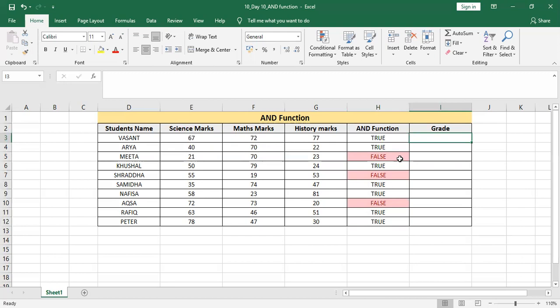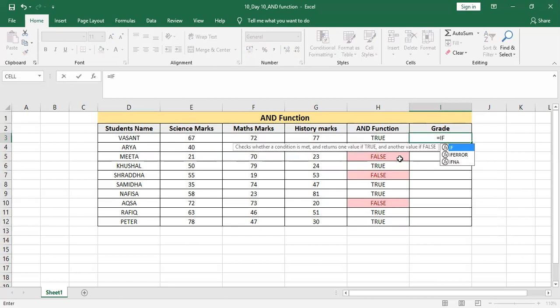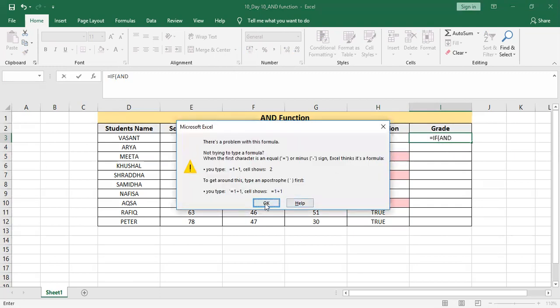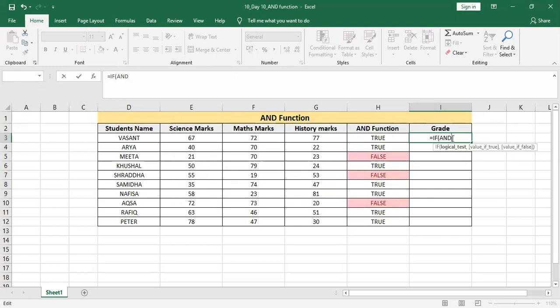That's why I'm going to use equal to IF, then tab, and then AND, tab. So you can see it's a double formula, right? I'm sorry, so I have pressed equal to IF, tab, AND, tab.